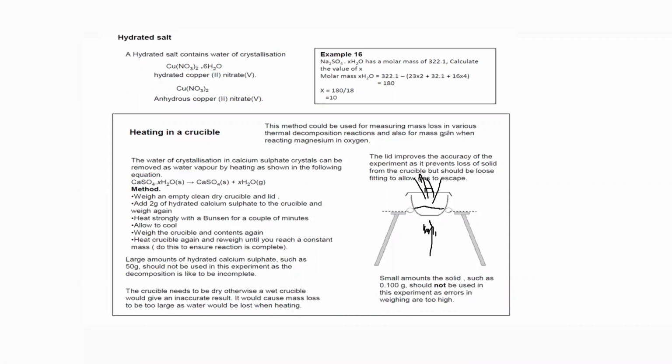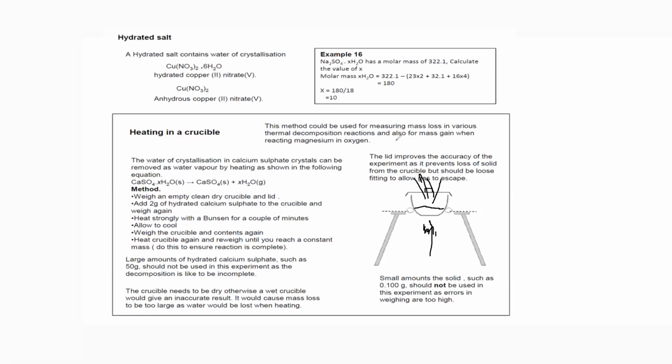Then we further supply heat energy and take the mass after 2 minutes again. We repeat this procedure until the mass is constant. Once the mass is constant, it shows that now no more